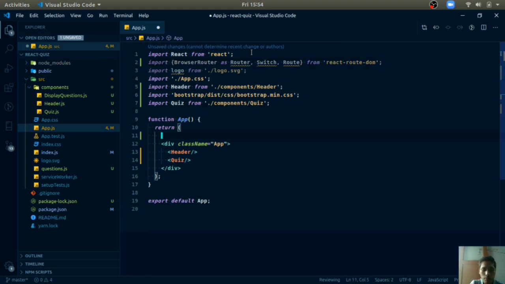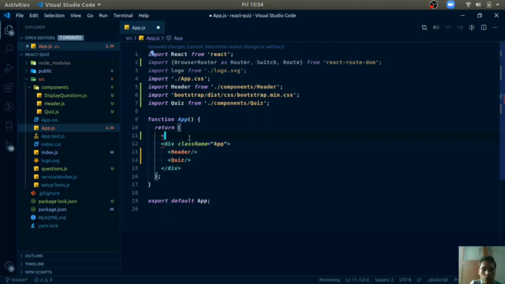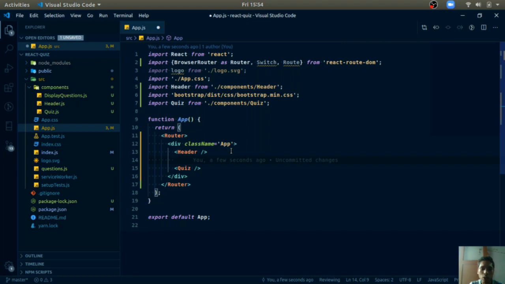You need to place your app inside this BrowserRouter, which we have named Router, so I can use the Router component here and enclose this app within it. Now we will use Switch. Switch encloses that part of your app which needs to be managed using some URL, which needs to be dynamically handled, or you can say which is different for every different URL.